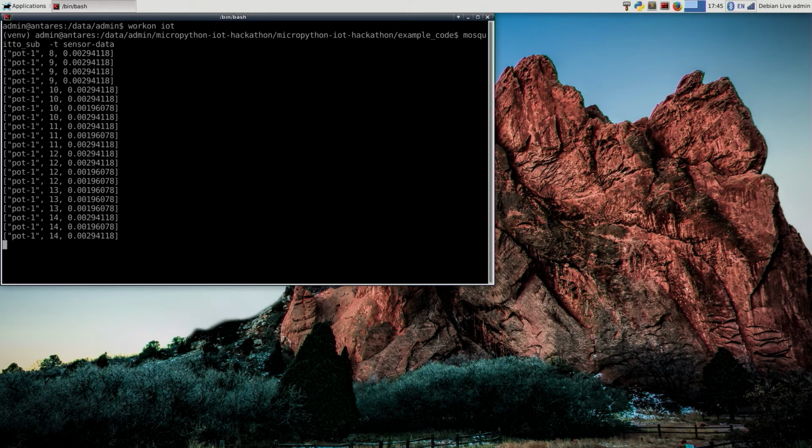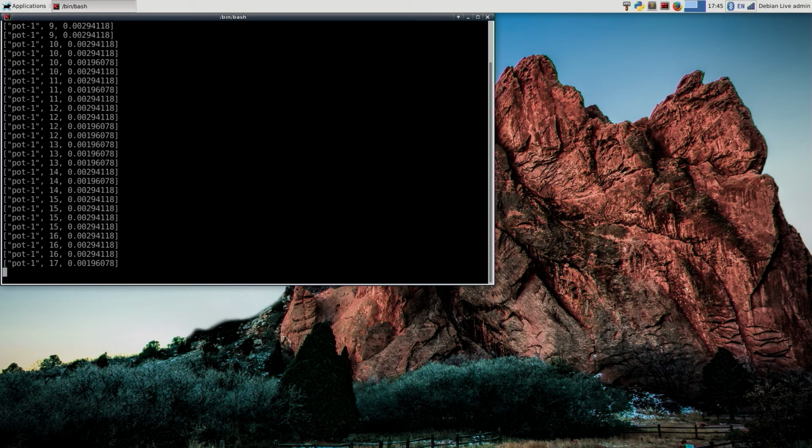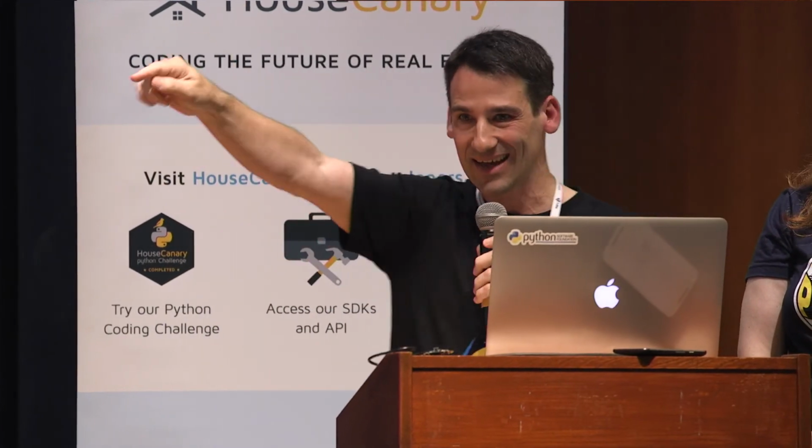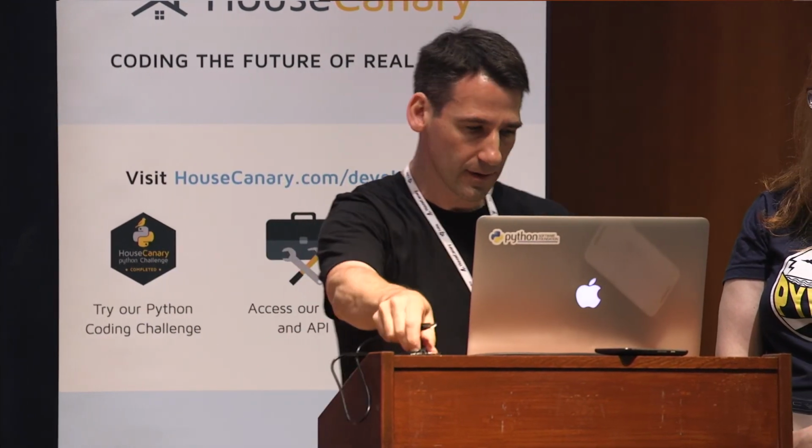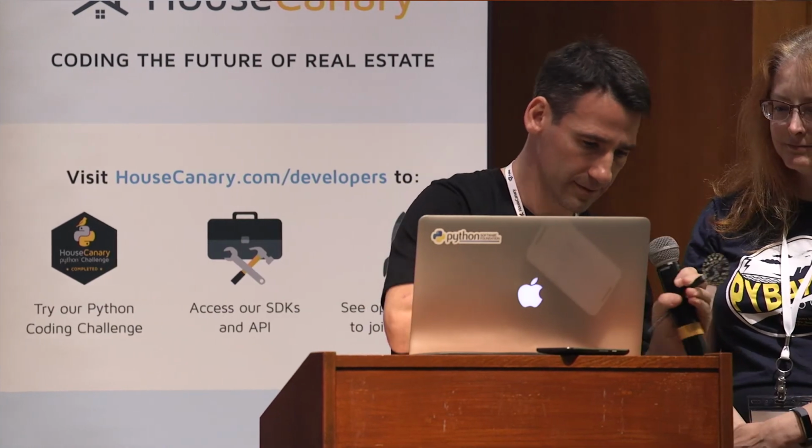You saw before that this number should be between 0 and 1, and that's because of the API. We said exactly that that should be the case. And now for the last part,